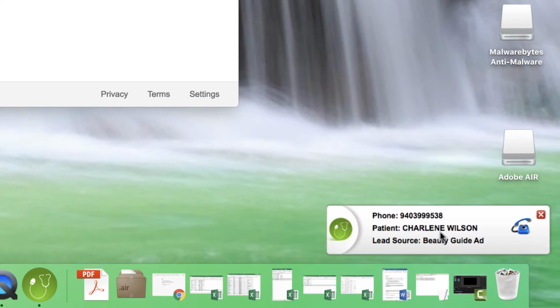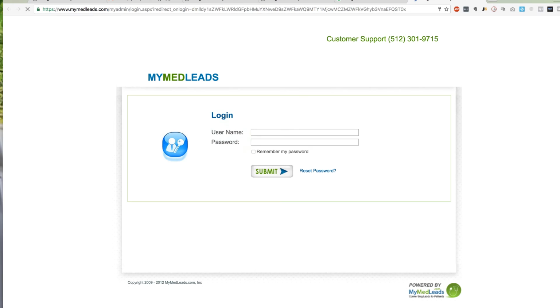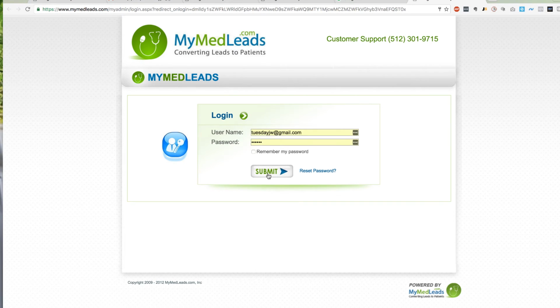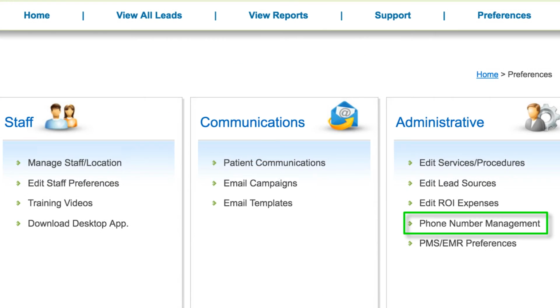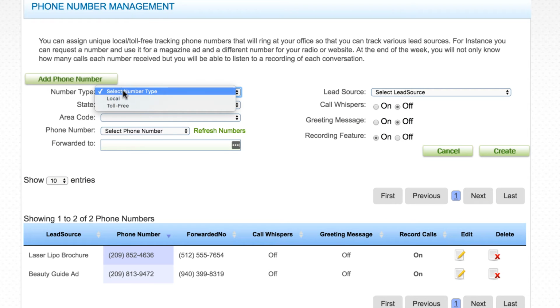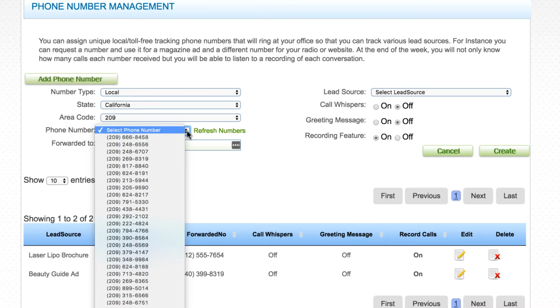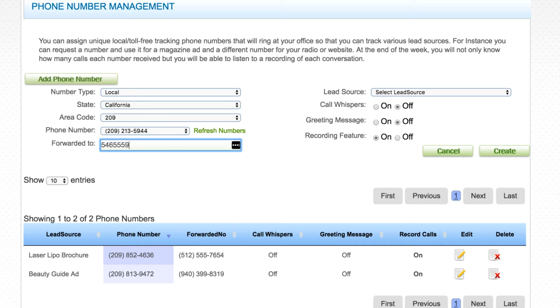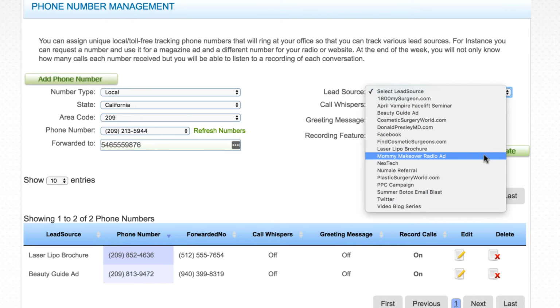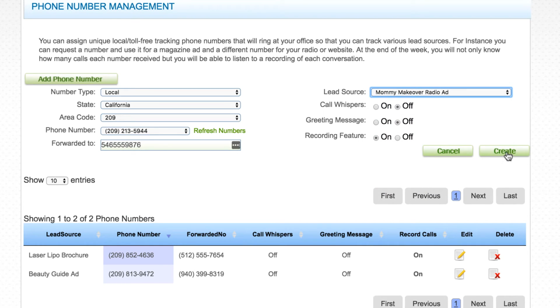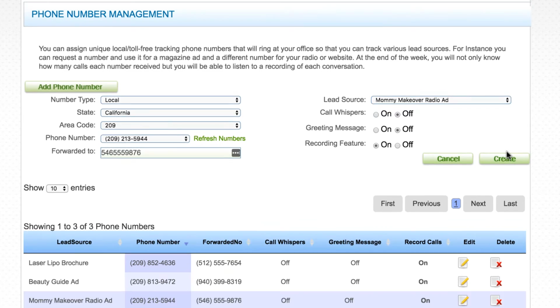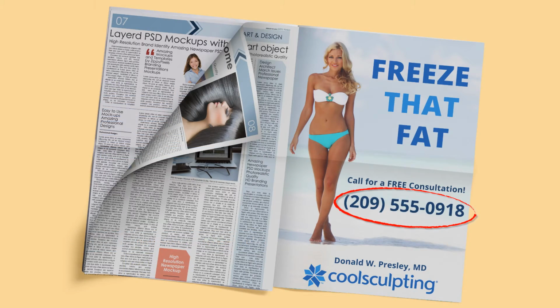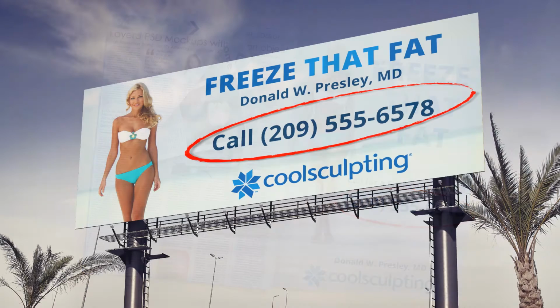The pop-up notification is a clickable window that allows you to log in and takes you directly to that person's information page. The phone number management page is where you can create local and toll-free call tracking numbers within the account. You can assign a lead source to a phone number you create and use the tracking number in your advertising materials. For instance, you could create a separate number for your print ads and a separate number for your